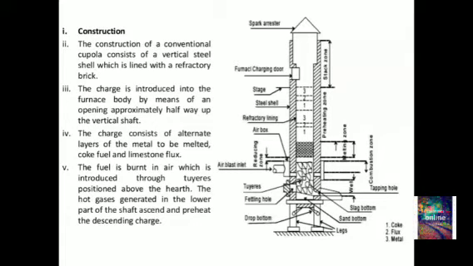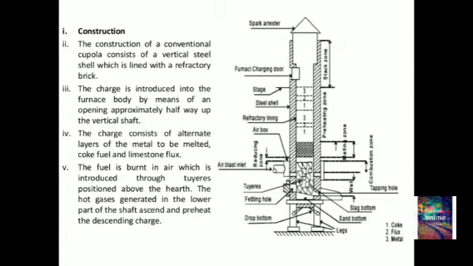The various charges for the cupola furnace are pig iron, coke, and limestone, right? From the charging door, it is not just pig iron alone. To burn the pig iron and get a good cast iron, we also charge coke and limestone from the charging door. Together, the pig iron will melt, and then only we will get a good cast iron. Lastly, we have the tapping hole. From the tapping hole, we will get a good cast iron.